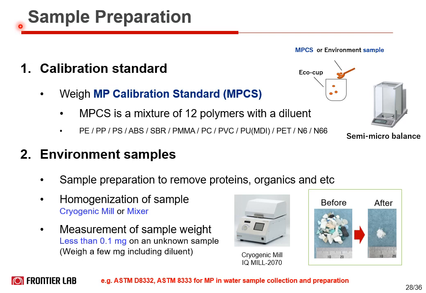For the sample preparation, first you prepare a calibration standard sample to create a calibration curve. Frontier Lab commercialized a microplastic calibration standard, which is a mixture of 12 polymers with an inorganic diluent. The 12 polymers are polyethylene, PP, PS, ABS, SBR, PMMA, PC, PVC, polyurethane, PET, nylon 6, nylon 66. For environmental samples,